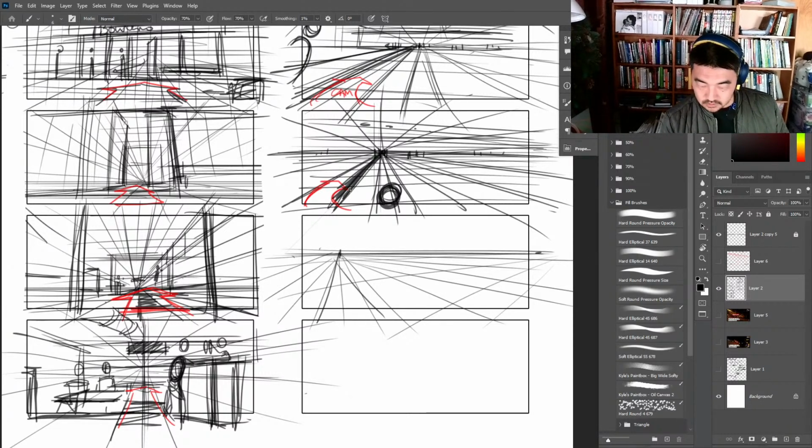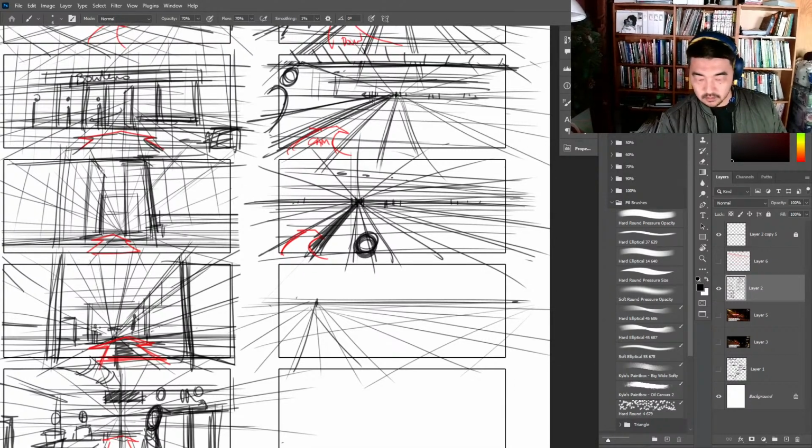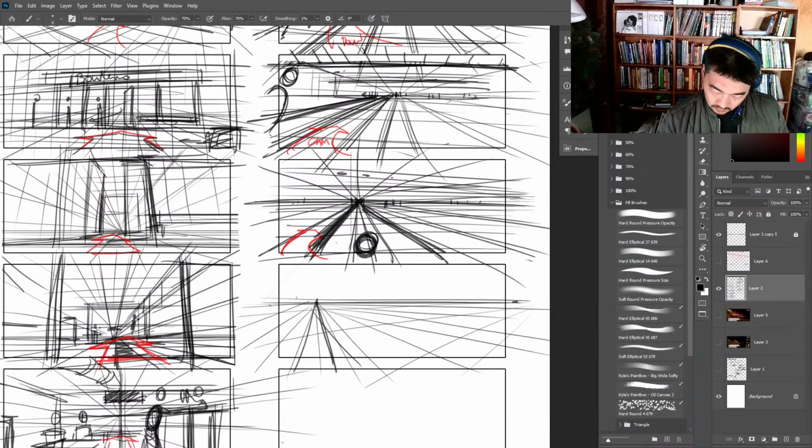So here's this gutter. Now the gutter is going to be more like this. And then we're going to feel the ball right here.